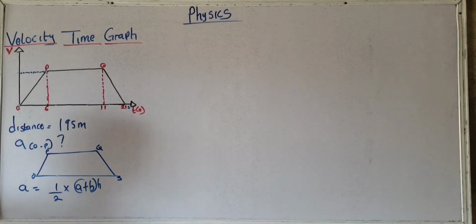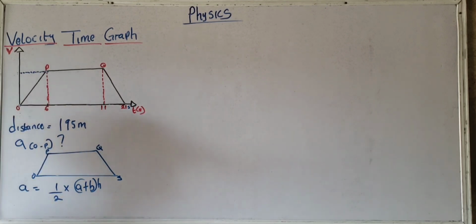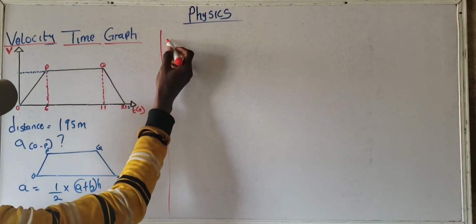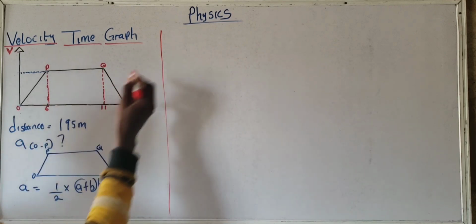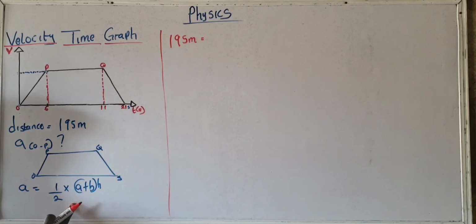Okay, so let's proceed now. Let's get the height. Please kindly pay attention. We know that from the formula of a trapezium, area is equal to 1/2 multiplied by (A plus B) multiplied by H, where A and B are the two parallel sides of the trapezium. Don't forget, parallel sides are those sides that can never meet. So here, I'm going to put something like this. The area is the same thing as the distance. So I'm going to have 195 meters is equal to